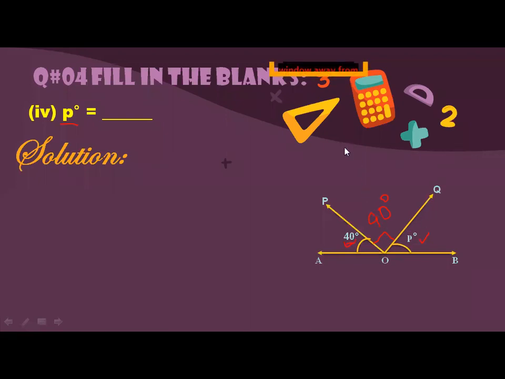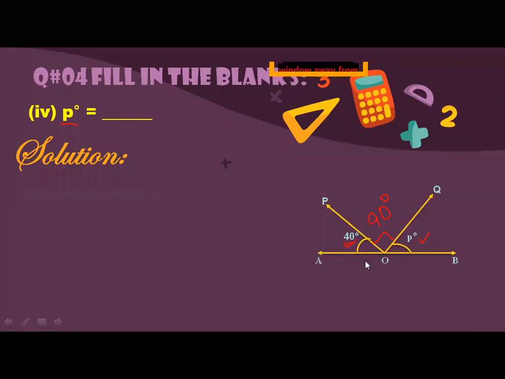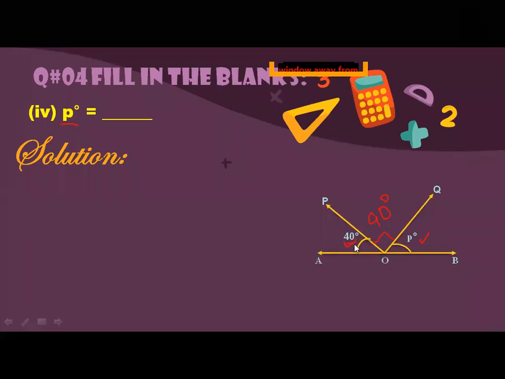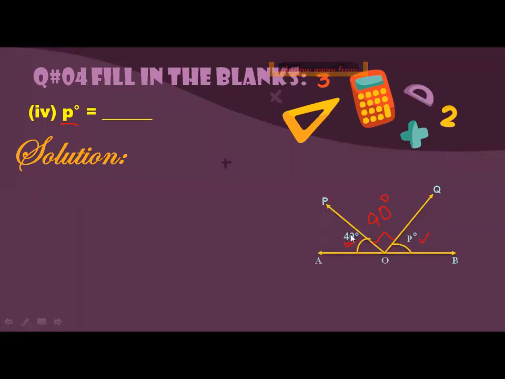Now look at here. As you can see here, these are the adjacent angles. Now listen to me, okay? How many adjacent angles are here? 1, 2, and 3. These two are adjacent and these two are adjacent. This one is adjacent to this one and this one is adjacent to this one. Together, they are forming the angle of 180 degree. That is a straight angle.